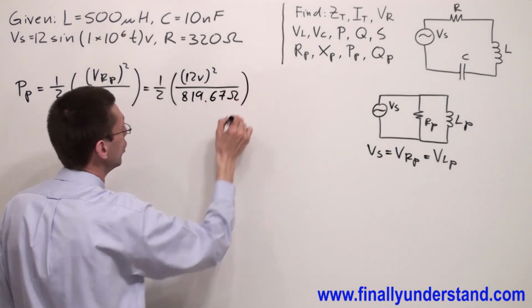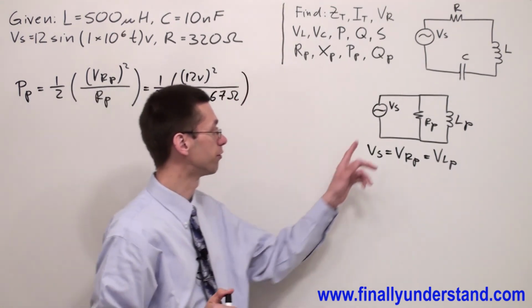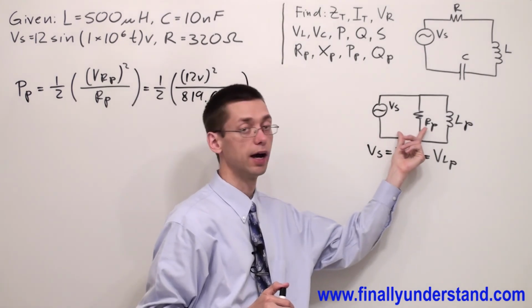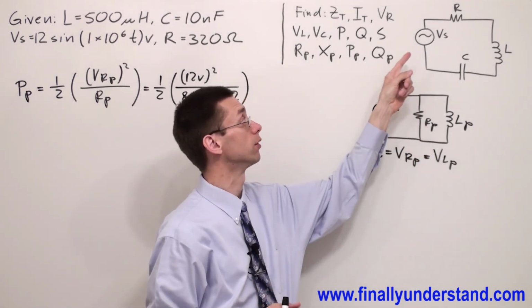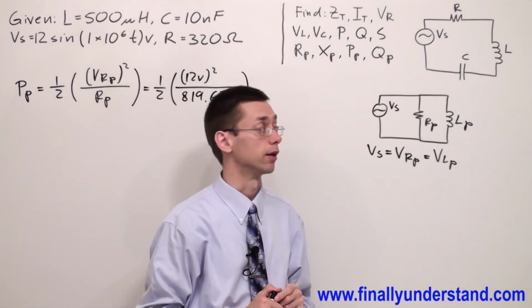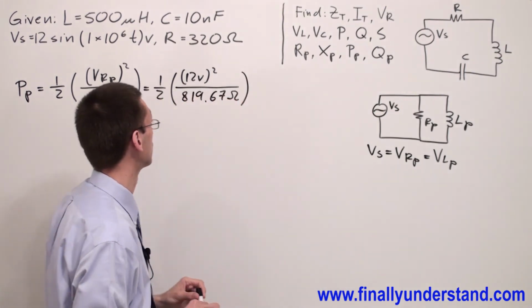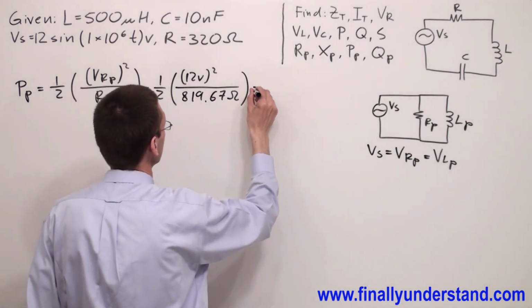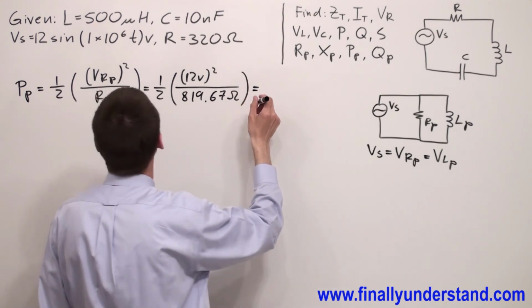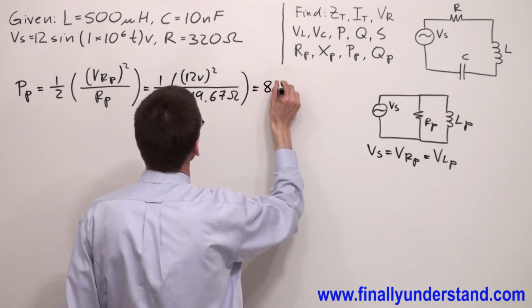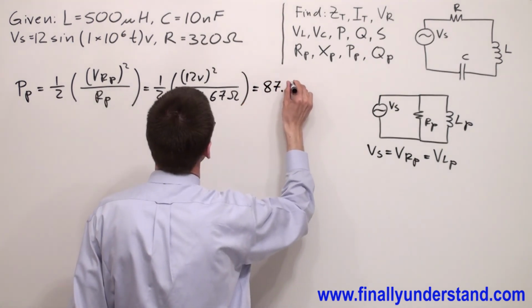We're supposed to use the value which we found for RP. You cannot use the value of the resistance from the series circuit. And you're supposed to obtain the value of 87.84